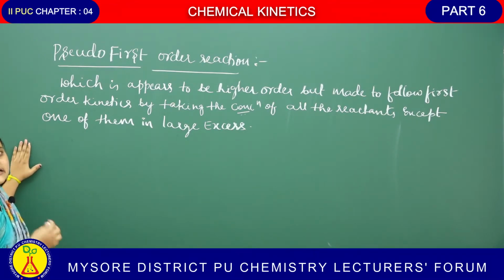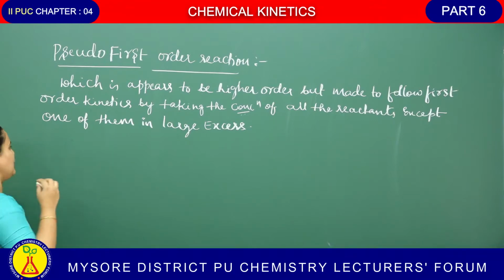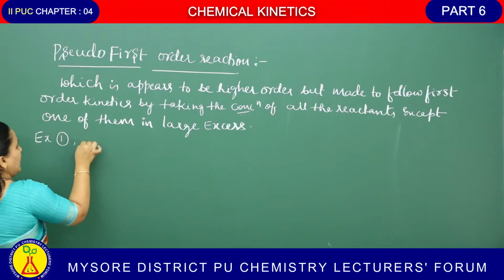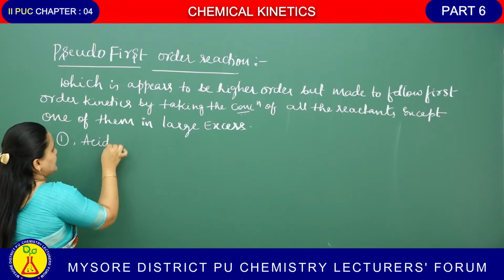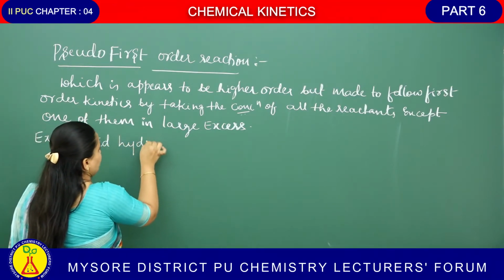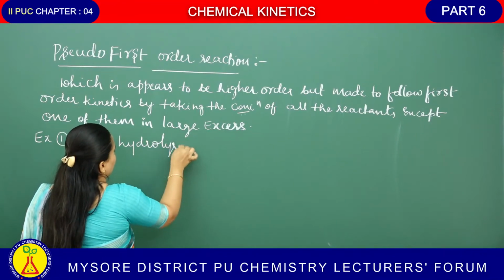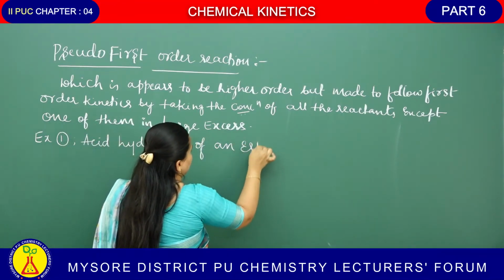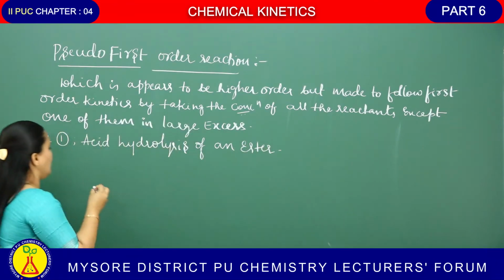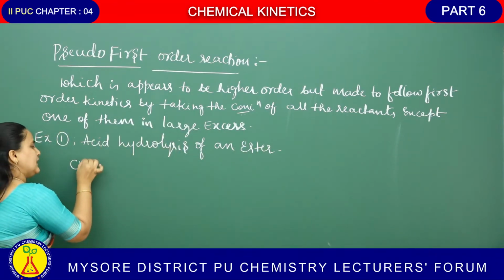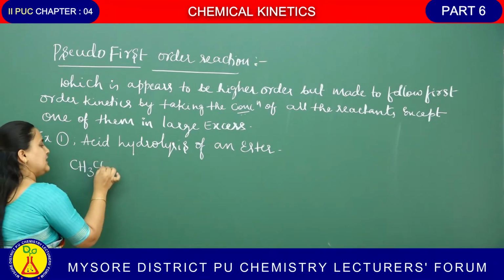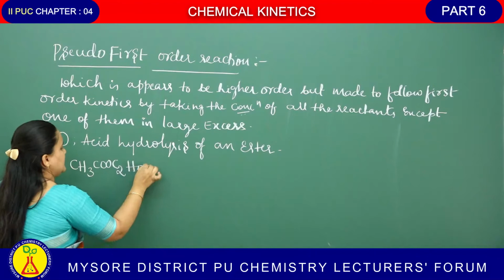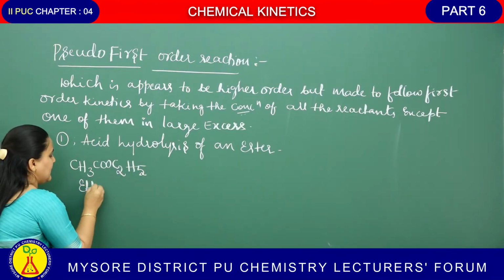First example is acid hydrolysis of ester. Example 1 is what? Acid hydrolysis of ester. Hydrolysis of an ester. The ester may be ethyl acetate. What is the formula for ethyl acetate? CH3COOC2H5. This is ethyl acetate